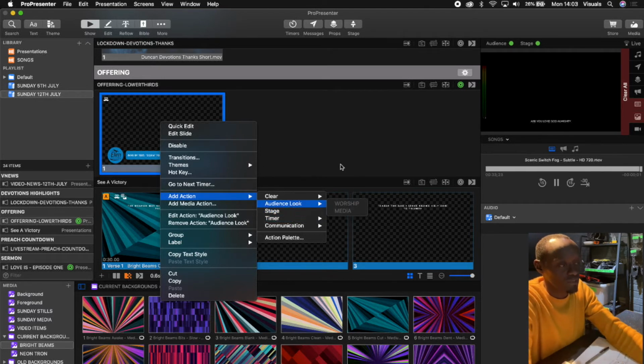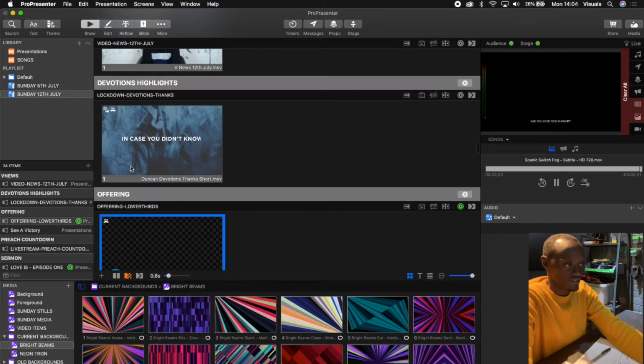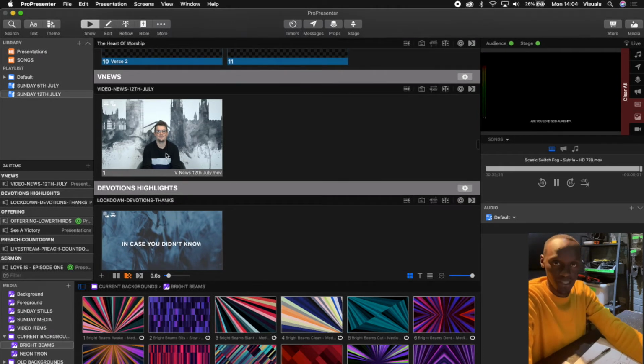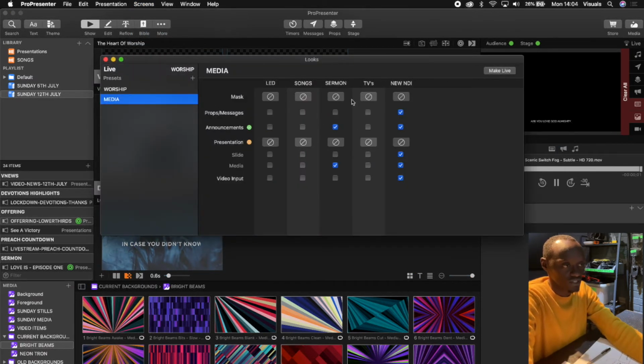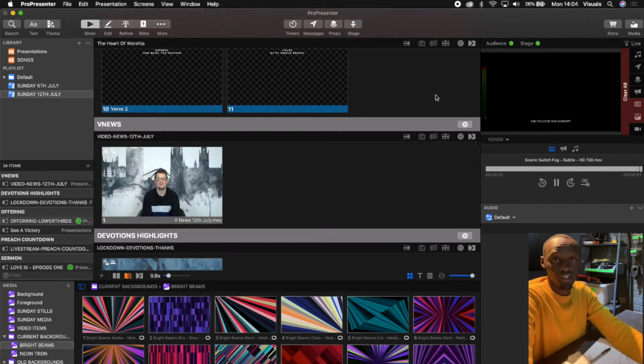So audience look is being sent to media look. So this is the media files, videos are being sent to the media look, which, if I show you what that looks like, is if you go to edit looks and look in media, you'll see on the sermon screen you have announcements and you have media. So anything that is being sent to the announcement layer or anything that is media will go to the sermon screen that is on the Ecam